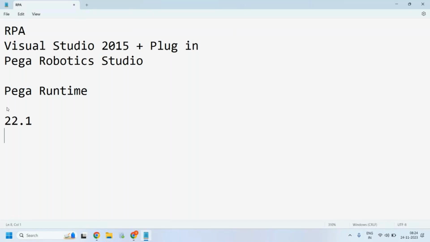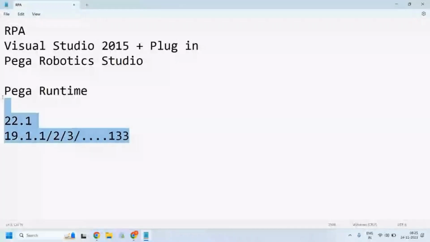Screen is not visible. We lost you in between for a minute or so. We get to see the screen now. Yeah. And duration for this, like developing any projects. Can you see my screen now? Yes, we can see. We lost you in between when you were discussing versions. Sorry.